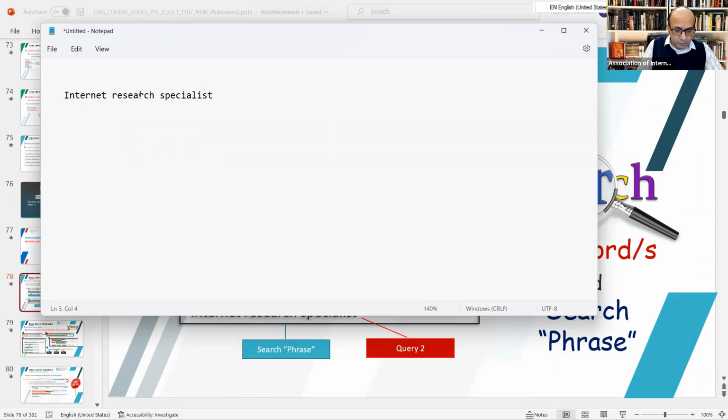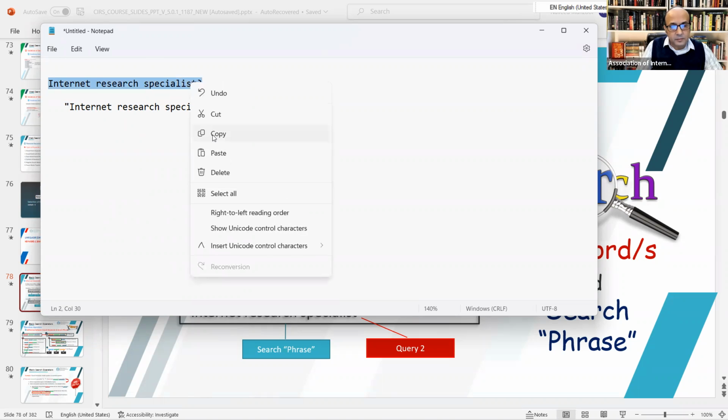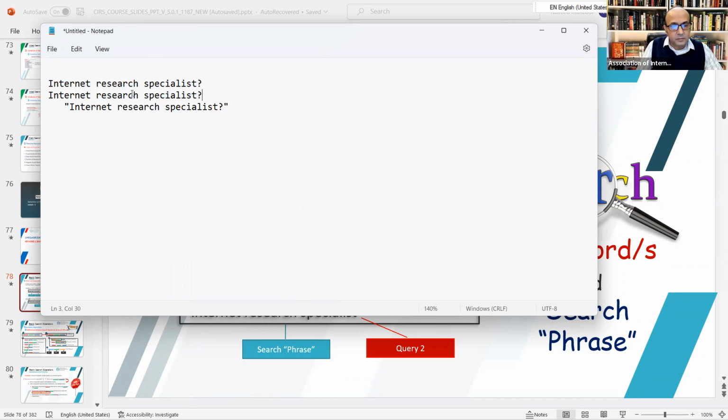So if I have put a quotation mark here and I have placed a question mark here, for instance, question marks, by the way, are also part of the stop words. If I did not have this term inside of the quotations, then the search engine would ignore the question mark. If I wrote something like this,